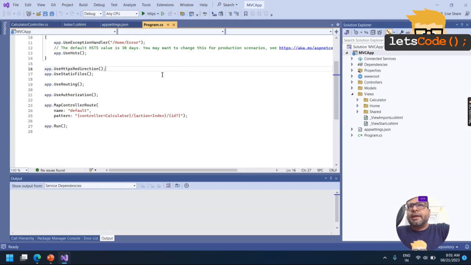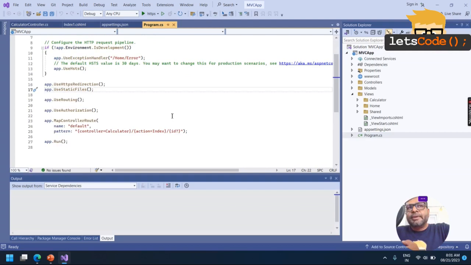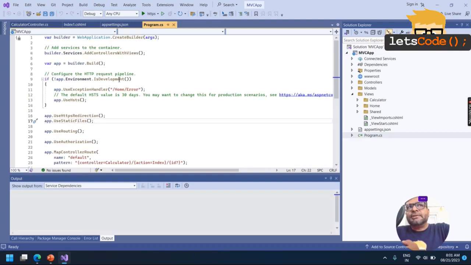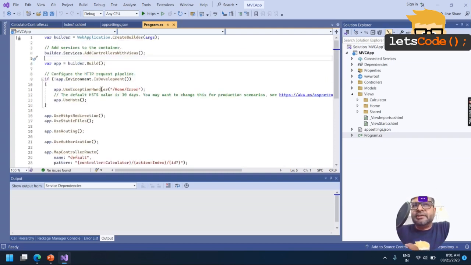Just to give you a recap, I had told you it begins with the Program file. Main is something we always remember for interview sake and all. Main is the starting point of any application. Similarly, Program is the starting class. Here you are not able to see any main method, because when it is compiled, at runtime the main method is created by the .NET framework. So the main method is there, but it is created automatically. You can assume this is the main method and the starting point. This is point number one.